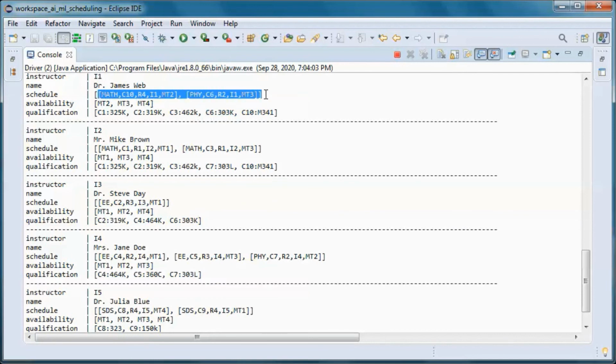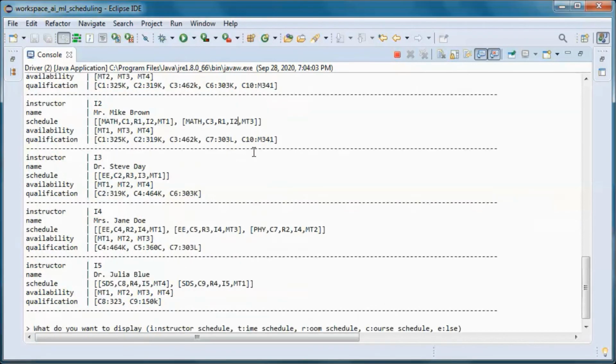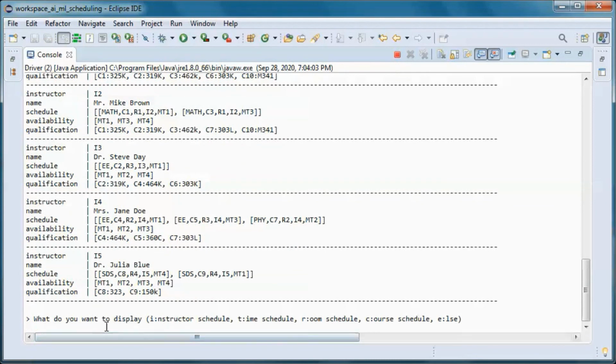He is scheduled for those, in addition to those other 3. And those are the other instructors.